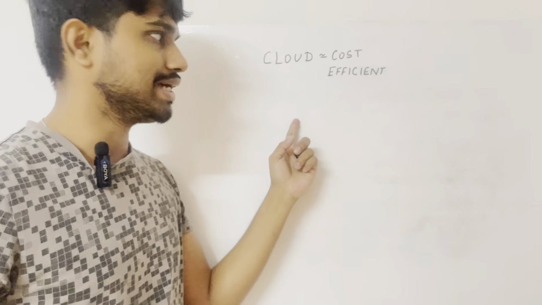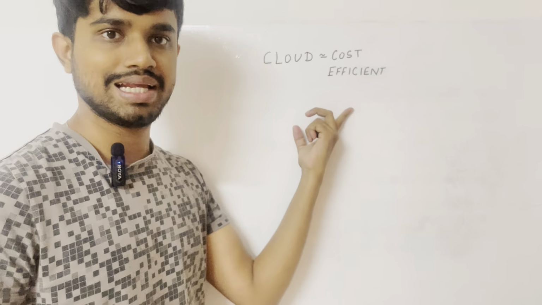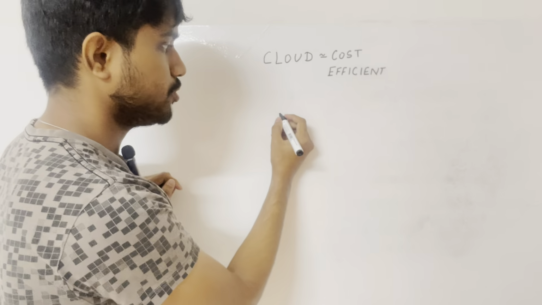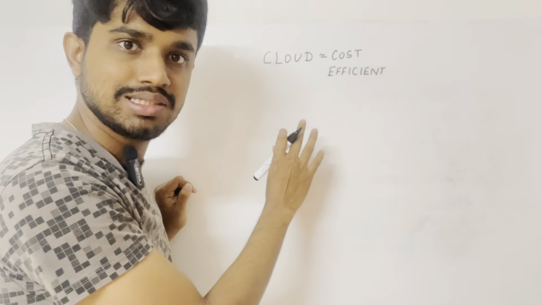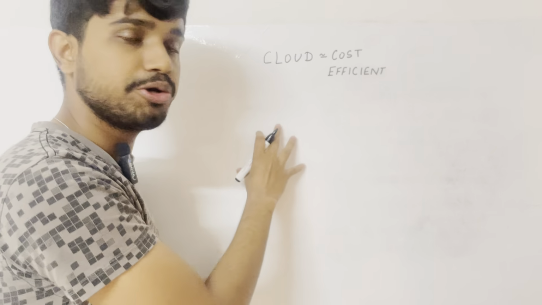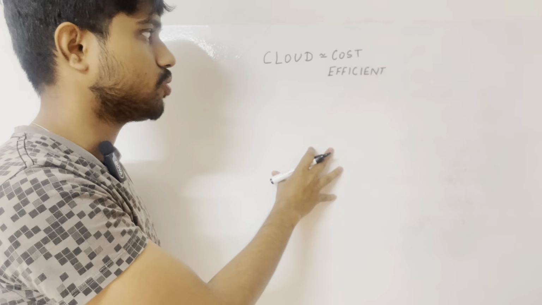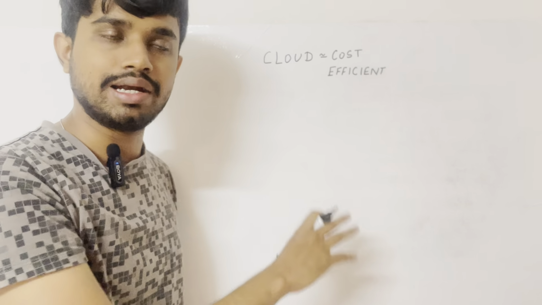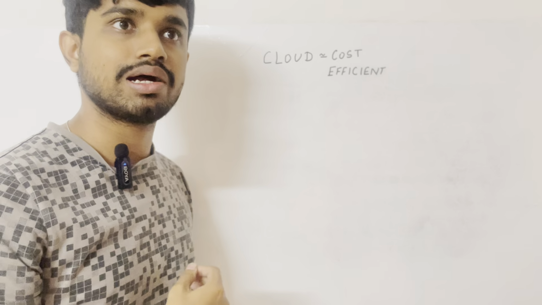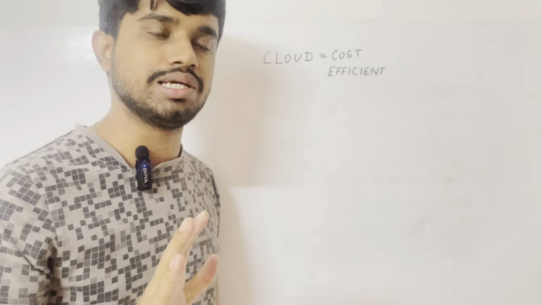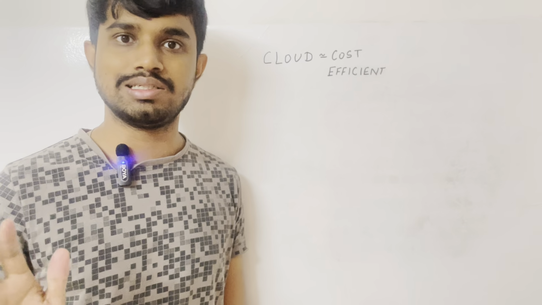Let's look at it with an example so that it is pretty practical on why cloud is cost efficient, right? So you decide to start a business. Probably you want to stream cricket videos, for example, to your local channels. So what is a local channel, right? I'm not sure if it is there in entire countries, but in my country, in my city, there are channels which are streamed only in a particular region. It is not a national channel.